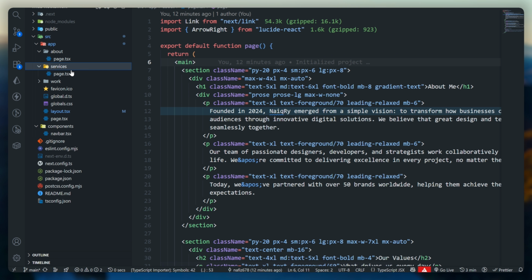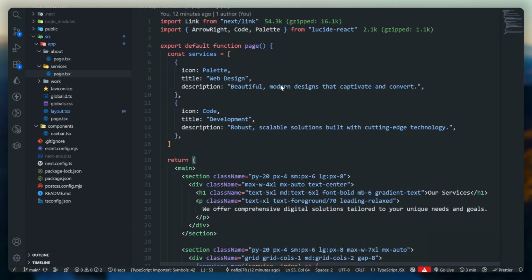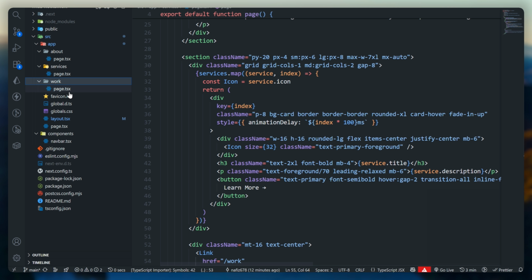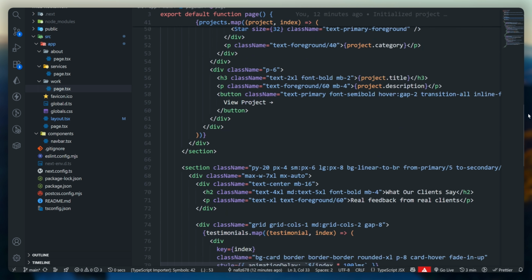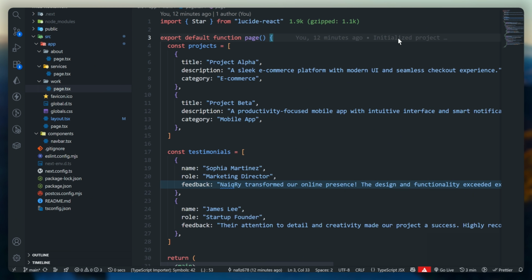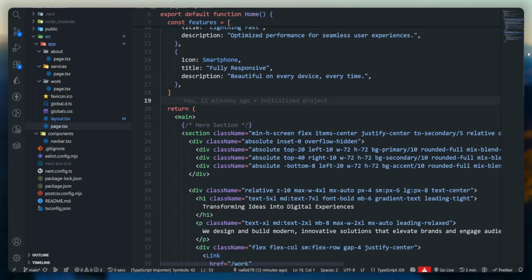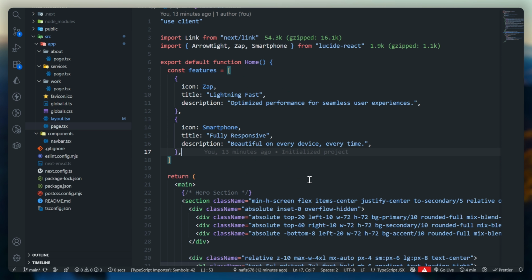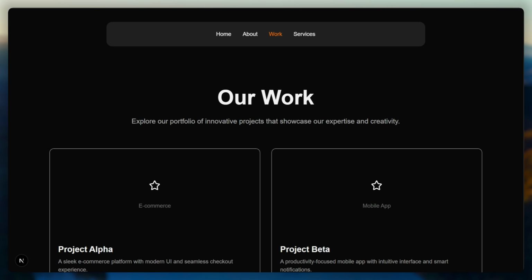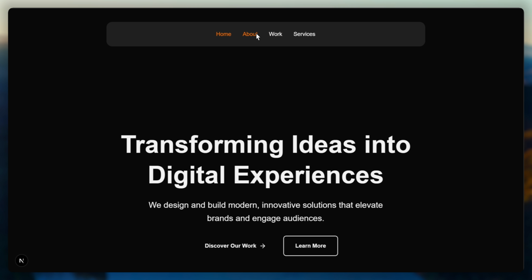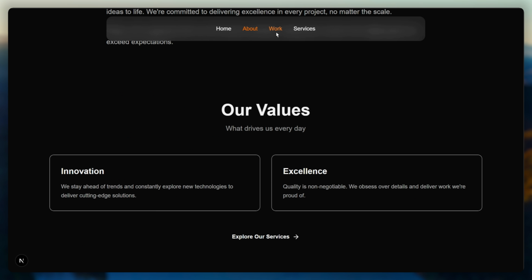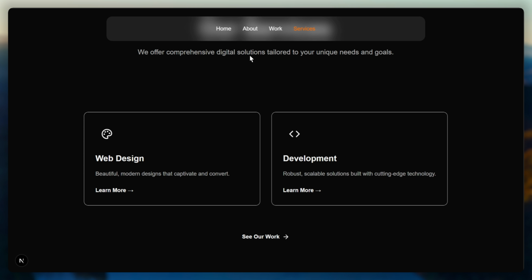One is about, a service page, and a work page. You can get the source code from the description. So let's see, I have made this template as a simple routing: about page, work page, services page, simple